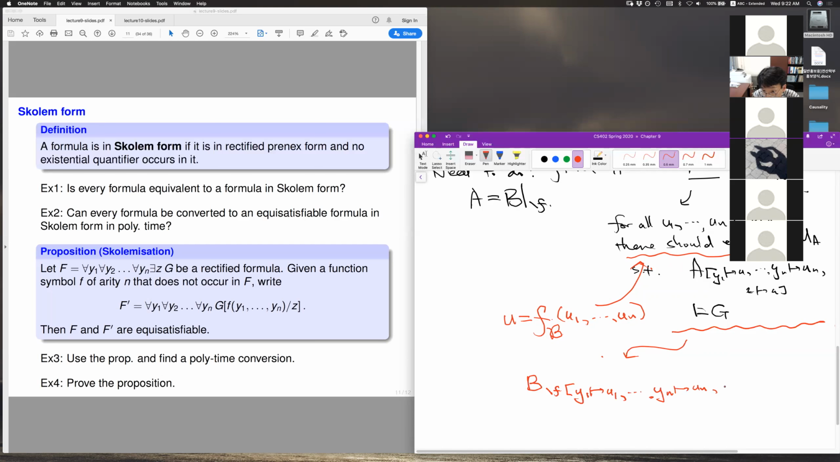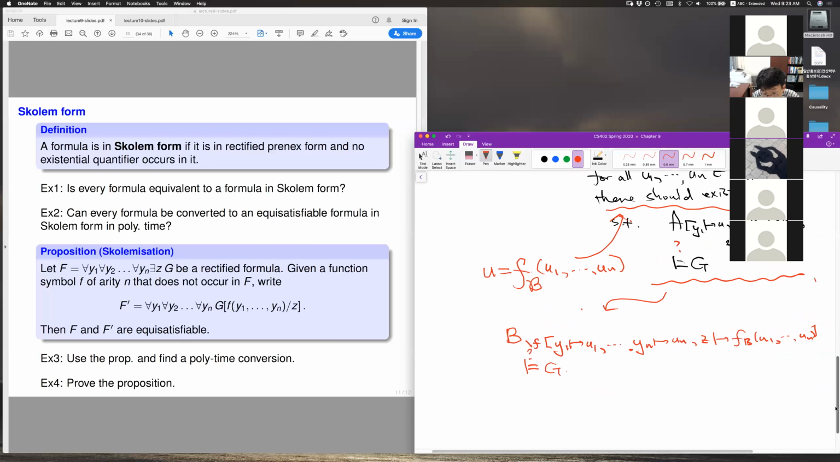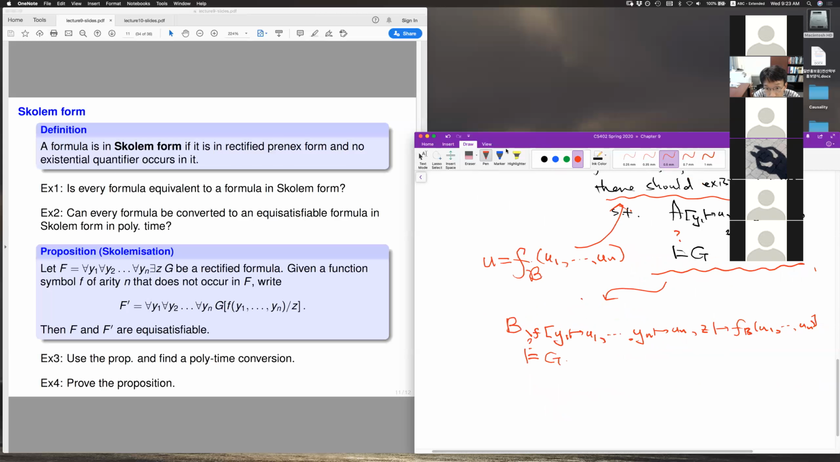U_N, and then G is bound to U_1 up to U_N. And so this is what we have to prove. This is what we have to show. But if we now use the translation lemma, so this is equivalent to